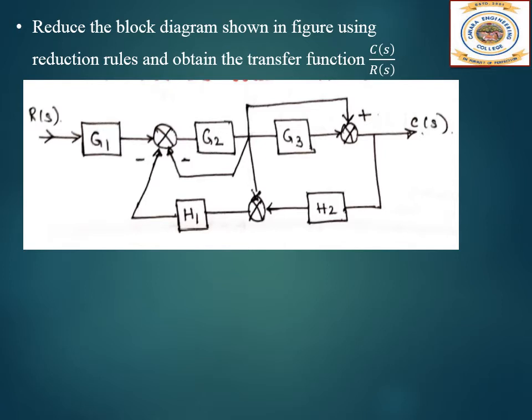Now here we have to reduce the block diagram shown in the figure and find the transfer function. So first let us analyze this block diagram, then we'll start with the solution. So here see G3 and this here, this is nothing. If there is nothing, it means the gain is 1. So these two blocks are in parallel, so you can simplify. Then G2 and this here, again H of S is 1, so this is in feedback.